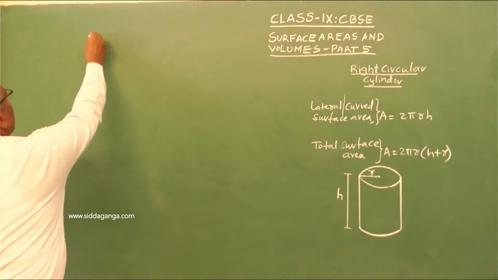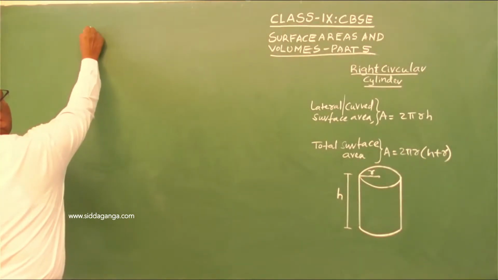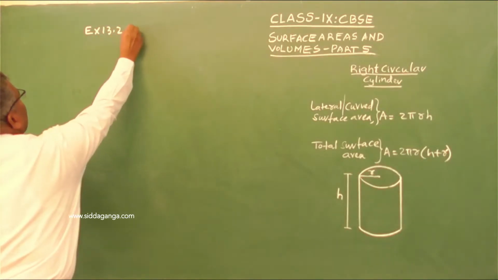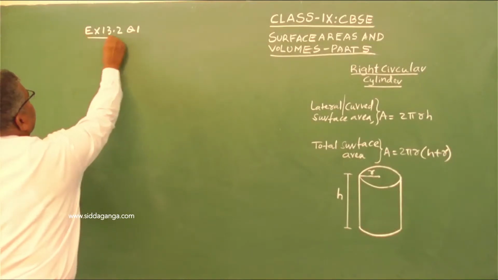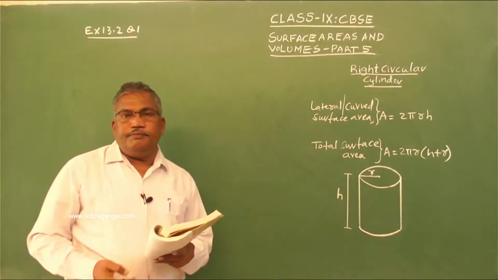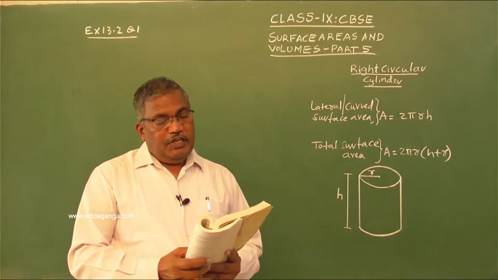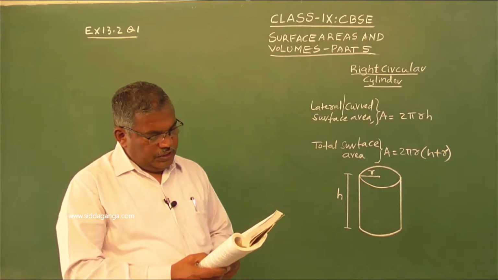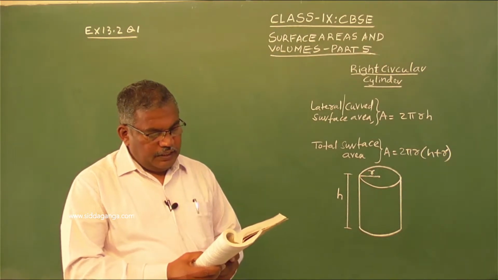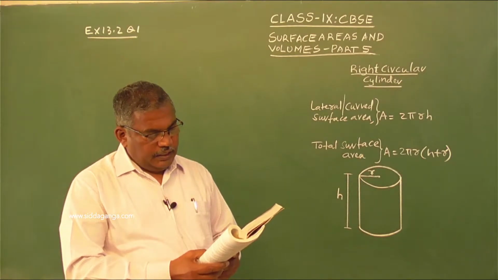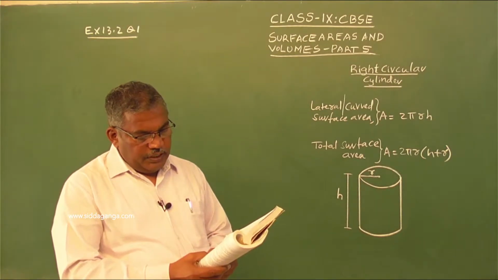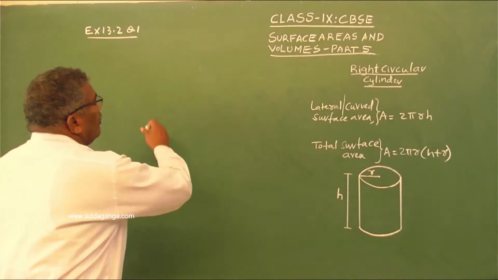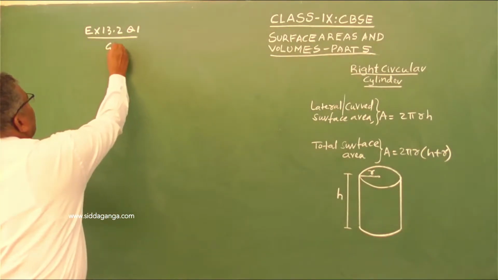So now I will take up exercise 13.2 one by one, question number 1. Please refer to your textbook page number 216. The first question is: the curved surface area of a right circular cylinder of height 14 centimeter is 88 centimeter square. So here it is given